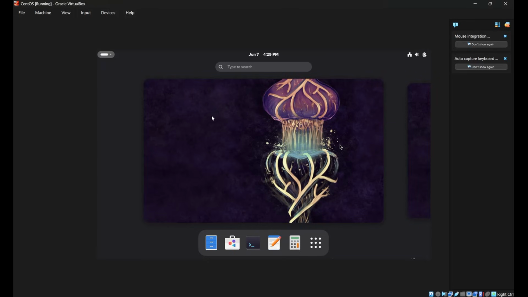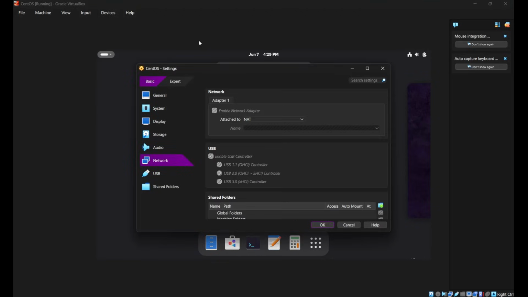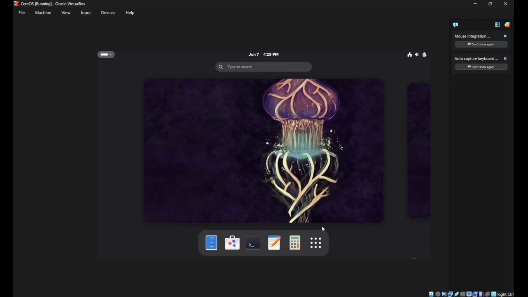Before starting, there's one important step: you need to go to Devices, search for Network, and open the network settings, right? Now here you can see it is attached to NAT. What you need to do is change it to Bridged Adapter. After that, click on OK, right? Done. Now simply come to your terminal,